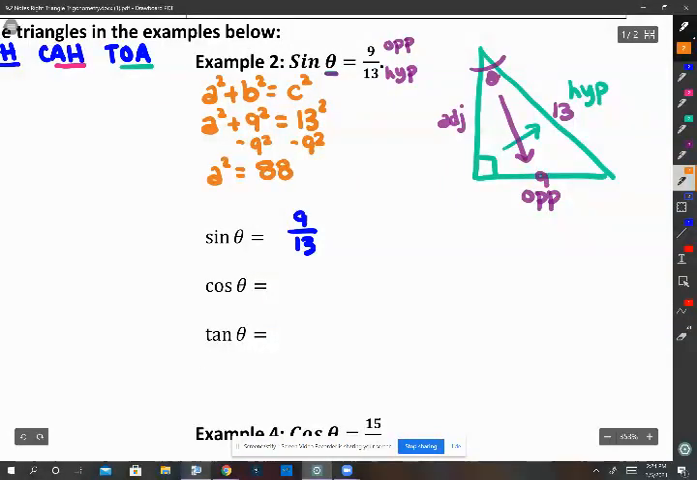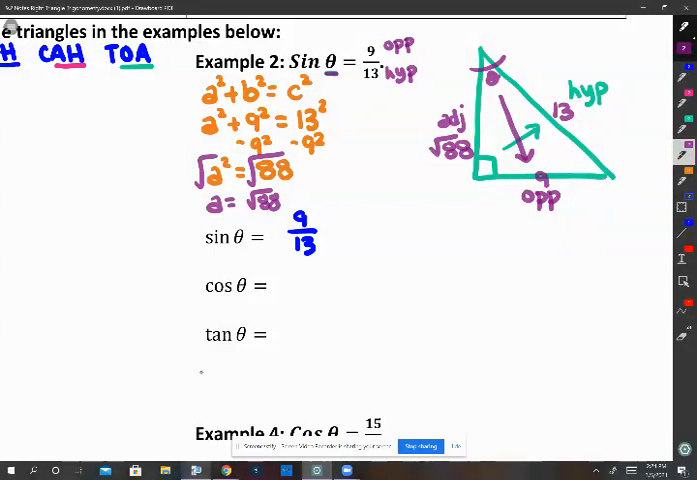And 88 is not a nice number. If I take the square root of it, it doesn't come out as a whole number. And so what we're going to do then is take the square root, and we're just going to leave it as a is equal to the square root of 88. All right, and so this is going to be the square root of 88. And so now when I go to do the cosine,